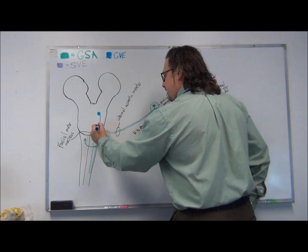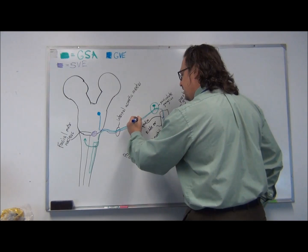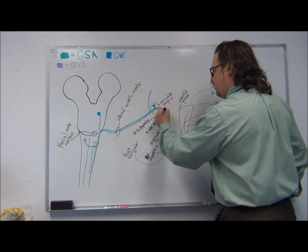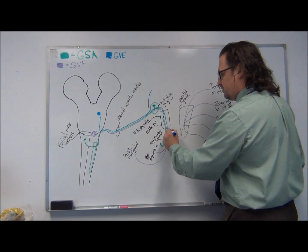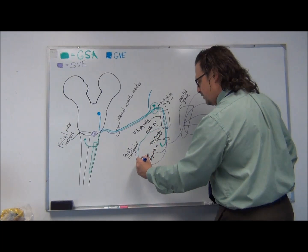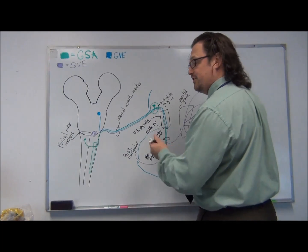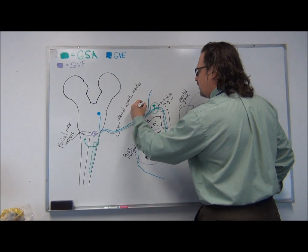And these branches exit along with the rest of the facial nerve, travel through the internal acoustic meatus as part of it, and right here at the geniculate ganglion, one branch peels off. Another branch continues through the middle ear and then decides to leave the facial nerve altogether and course on its own through the temporal bone. And if you've been paying attention from the last video, you may remember these guys have a name. The first one is the greater petrosal,